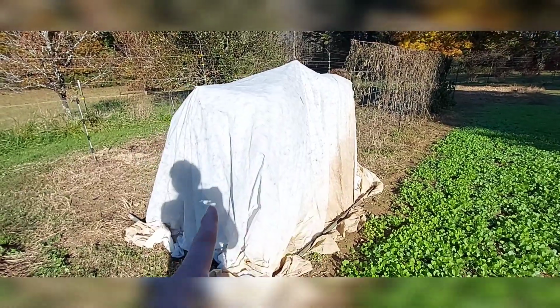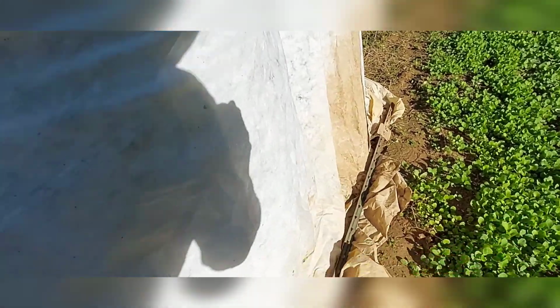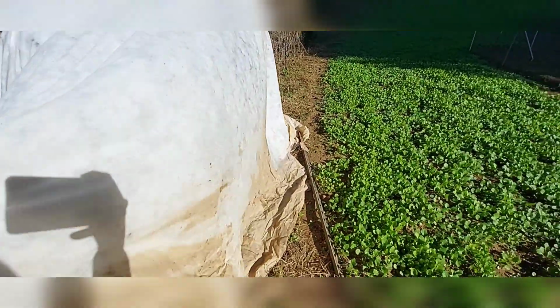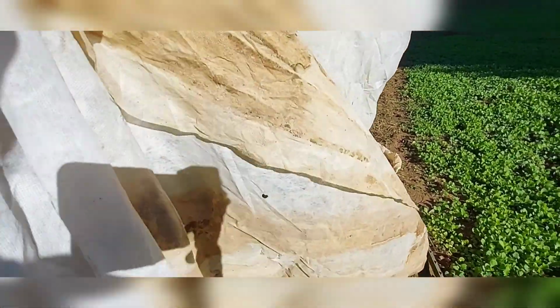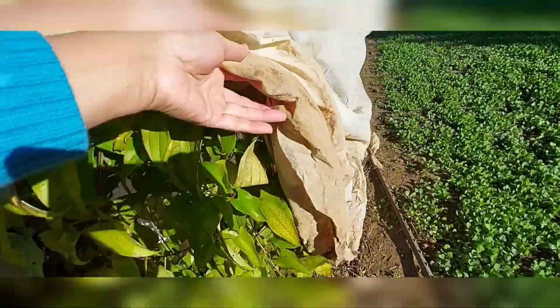And here is the purple yam. This is the purple yam. My father-in-law covered it because I was not here during the first frost. They just covered it with this cloth, the fabric, to protect. This is a garden fabric actually. And look at what's underneath. It's still green,